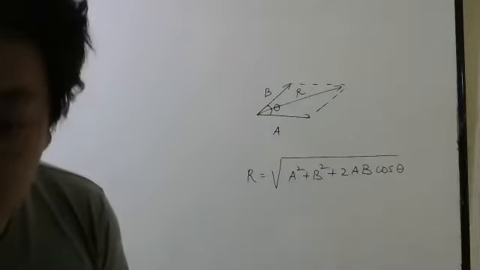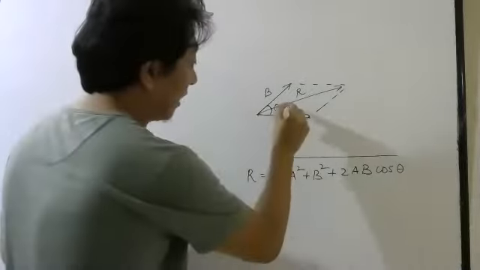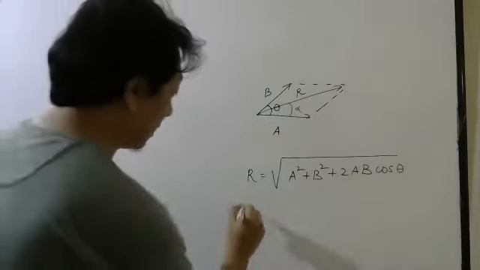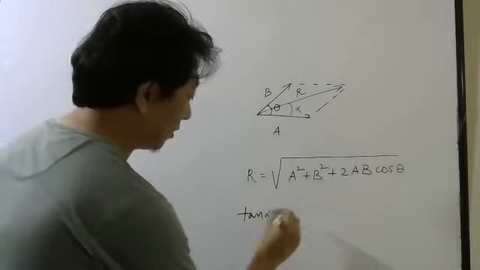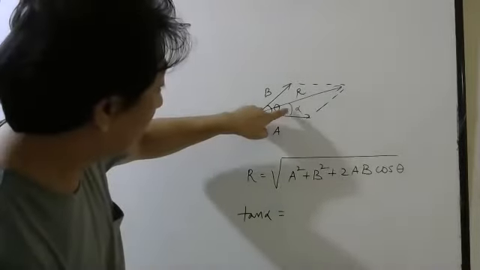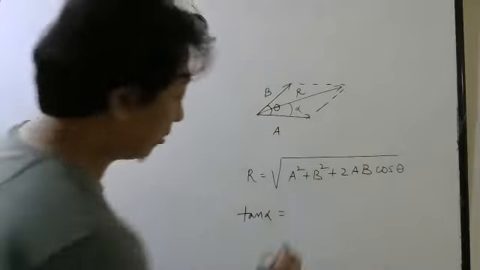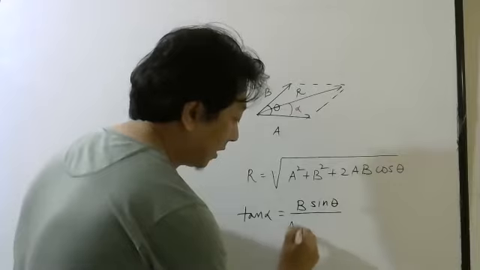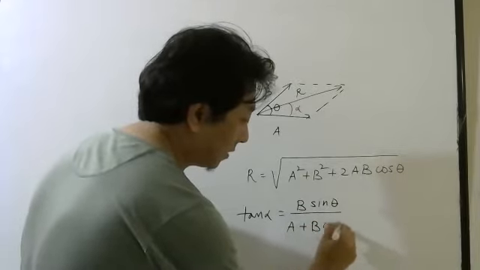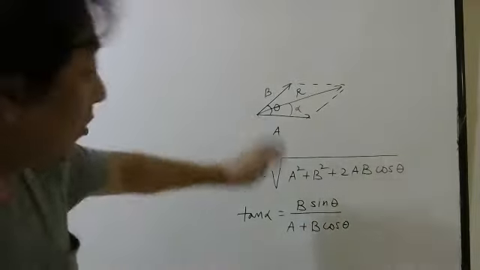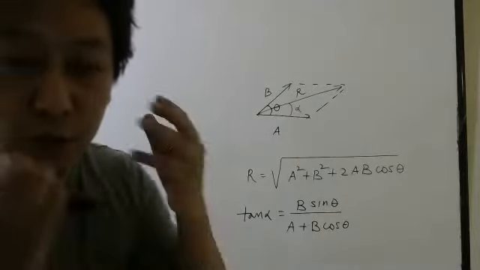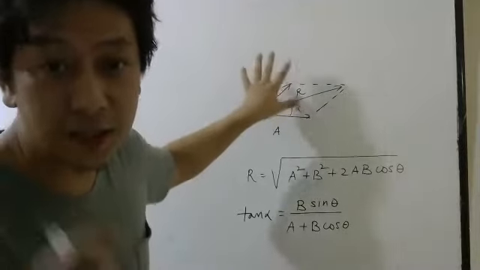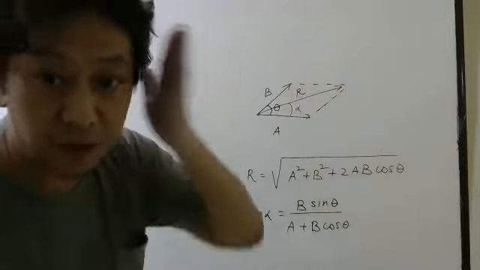Then direction. Suppose you want to know this angle, alpha. That angle is given by the formula tan alpha equals, be careful, if you are measuring alpha with respect to A, then you have to write B sin theta by A plus B cos theta. Okay, students, so check the formulas carefully with the diagram. There is no point remembering only the formula without having the picture in your mind. So this picture should be in your head.